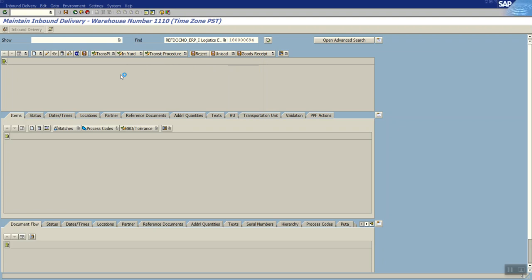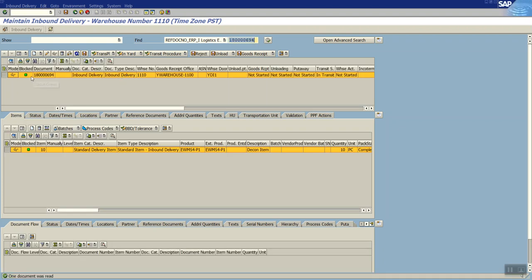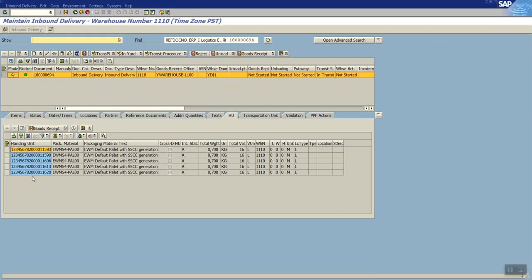So step 1, the delivery is in EWM, and the second thing we need to verify is the packaging specifications. We can see 5 handling units are created, so our packaging specifications are triggered, and as expected the system has proposed 5 different handling units. Okay, this is good.